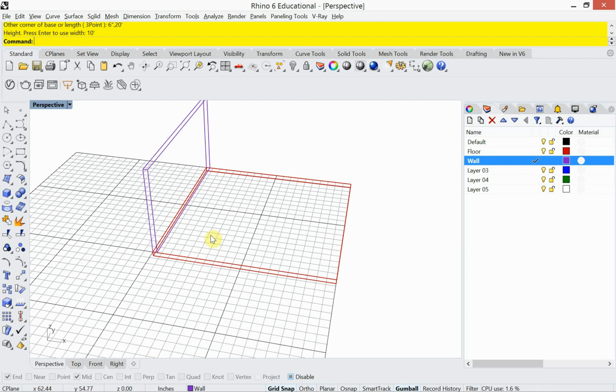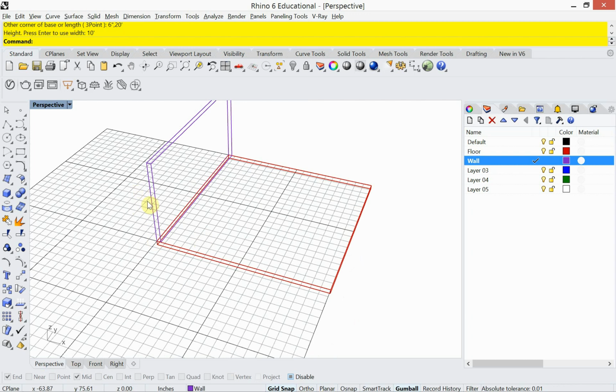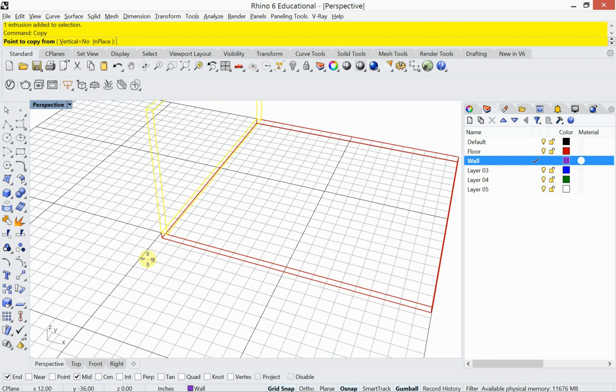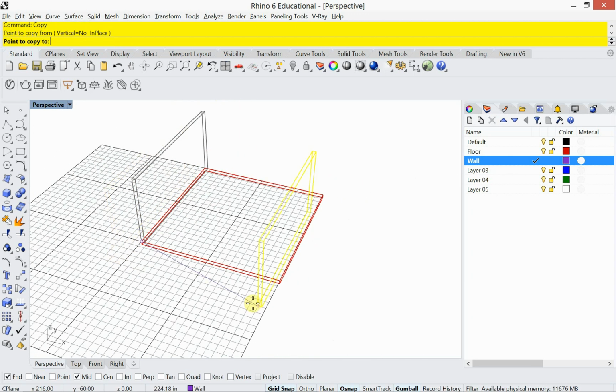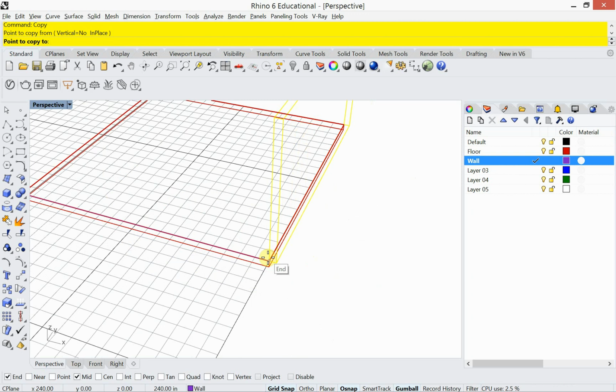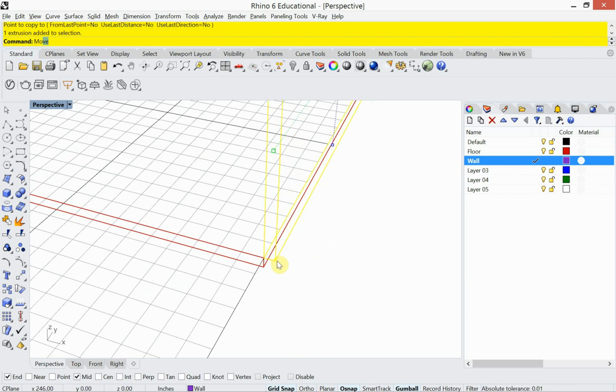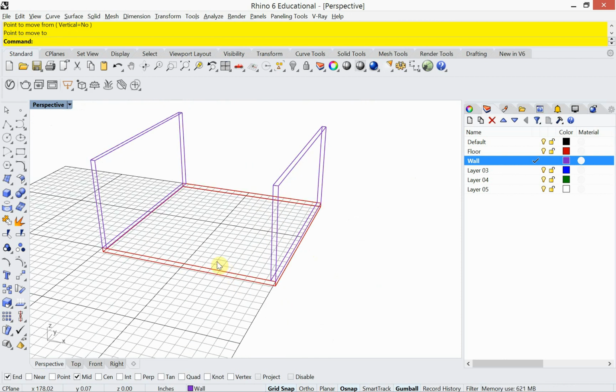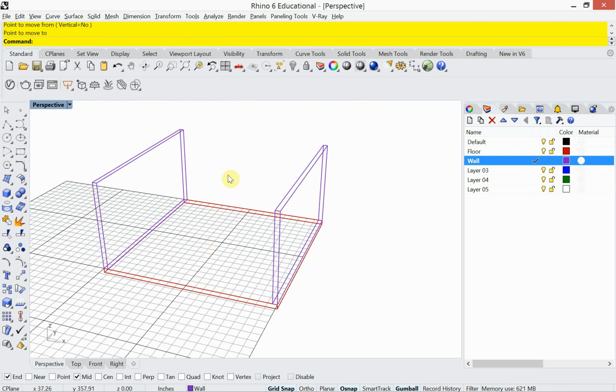Okay, there's that box. Now I'm going to take this box and I'm going to copy it to the other side. So I'm going to turn on my O snap and select it, type in copy, and go ahead and copy that over. Okay. Alright, so there we go. We got the floor, we got the 2 walls, and